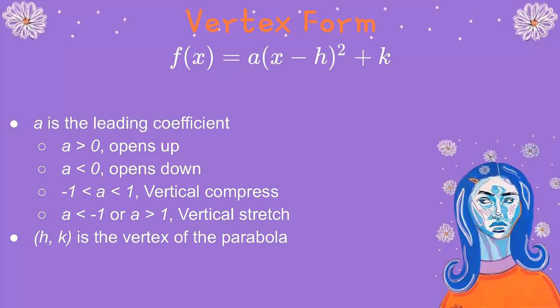Vertex form. Again, we have our a value. Notice that this time it's out in front of the quantity, which is squared, and inside that quantity we have x minus h. So a here is just the same as a in the other two forms. But now we have h and k. And (h, k) is the vertex of the parabola. So it doesn't matter if it opens up this way or this way. The vertex of the parabola will be